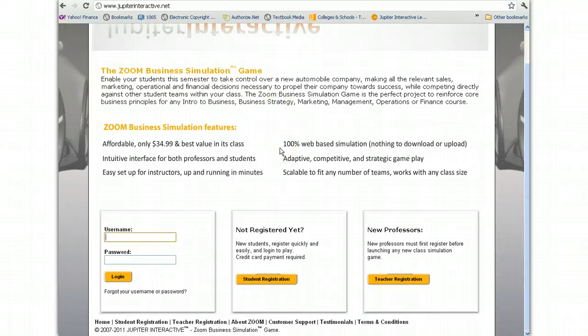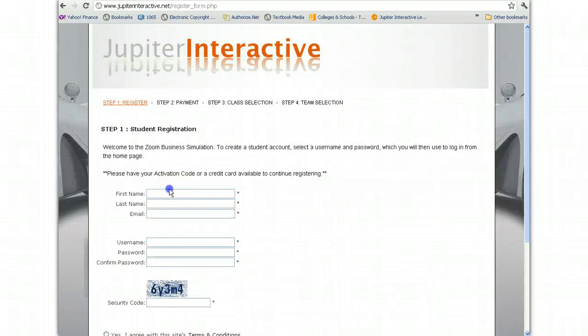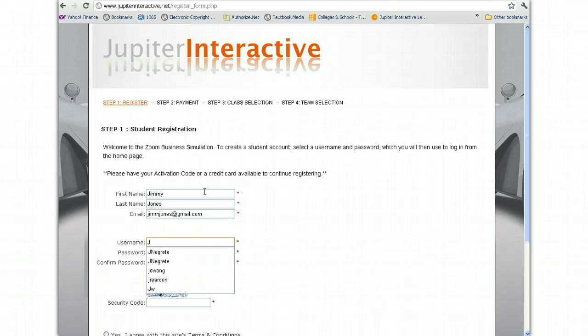Okay, so if you're new to the Zoom simulation, you must first click the student registration, and in here you will put your first and last name and your email. The username, I suggest using the same username that you may have for Blackboard and a password that you can easily remember